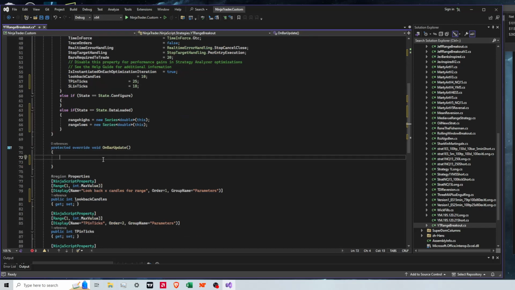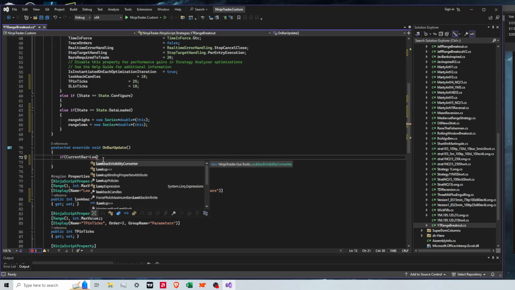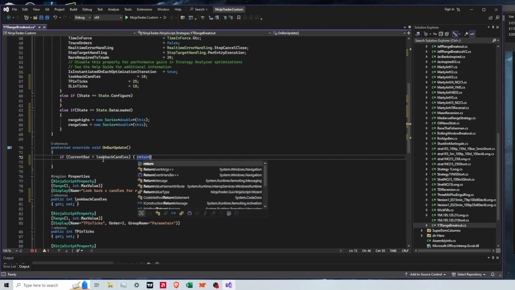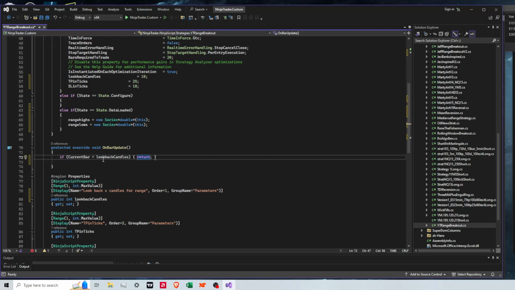So first thing, to run the code, we need to make sure we have enough candles loaded already. So we're going to do if current bar is less than look back candles, return. So as the strategy runs, the first candle that the strategy runs on is going to